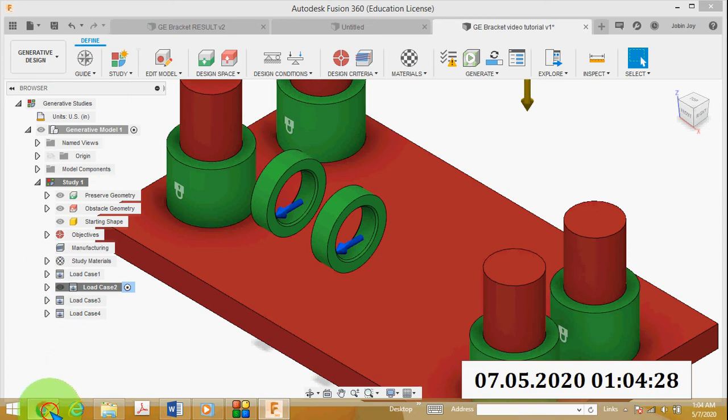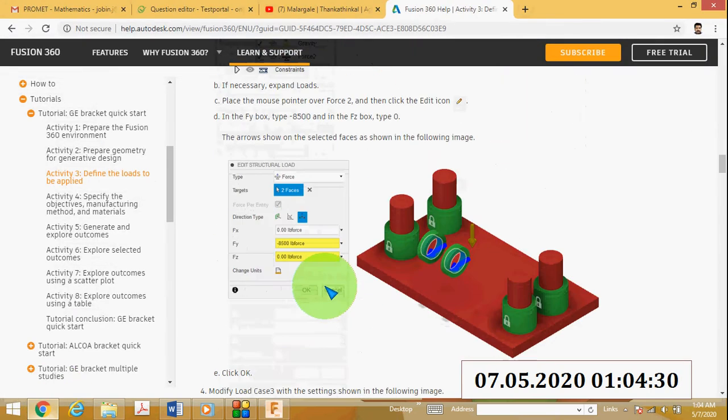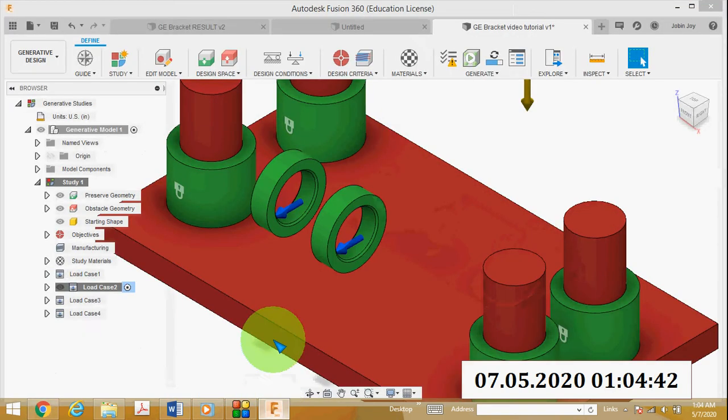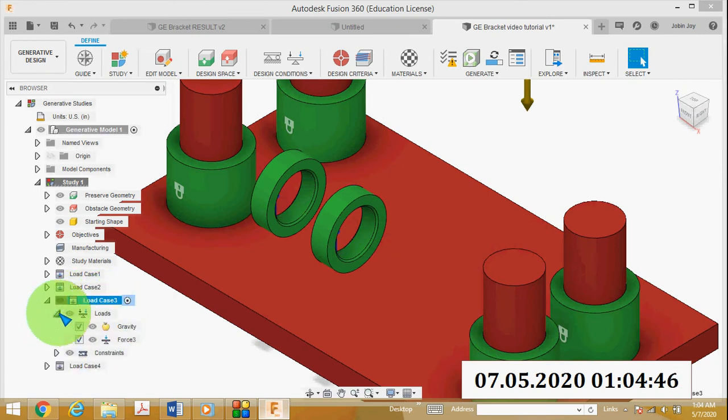Next is load case 3. For load case 3, the Fy value is minus 7060 and the Fz value is 6357. So activate load case 3, then go to loads, then edit this force.